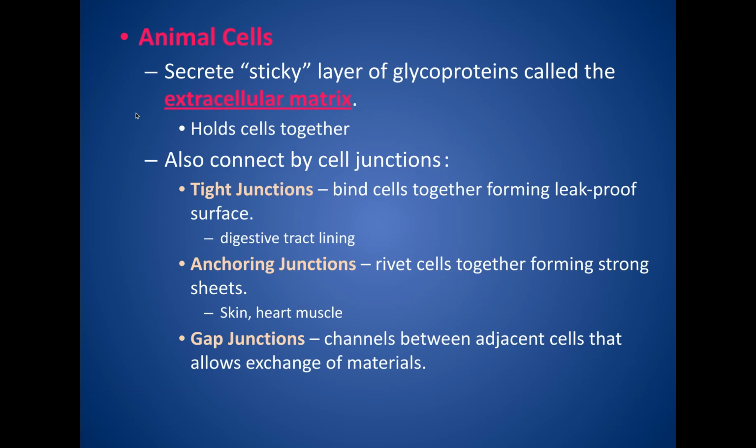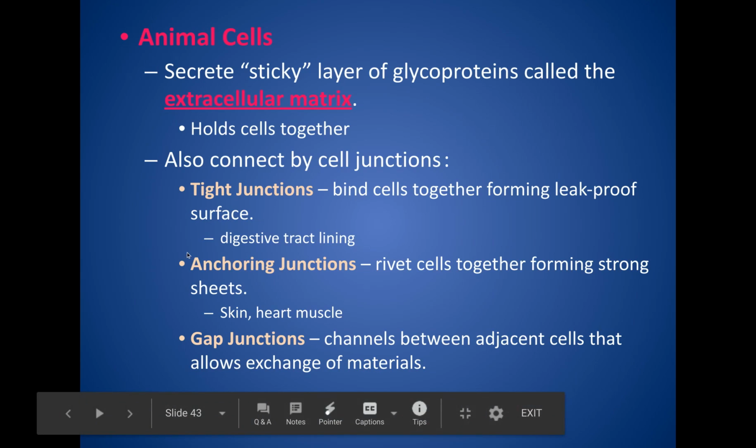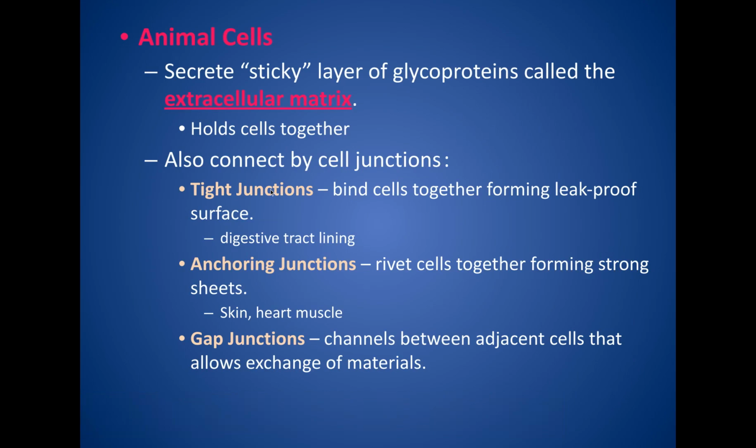Animal cells also have a sticky substance on their exterior, and these are called glycoproteins, and they hold cells together. And they're also connected by junctions. And so there are three different types of junctions. There are tight junctions, which really bind cells together really, really tight, and that produces a leak-proof surface. So you can imagine the lining of your digestive tract, right? Your esophagus, your stomach, your intestines are made of cells that are really, really stitched together tightly by these tight